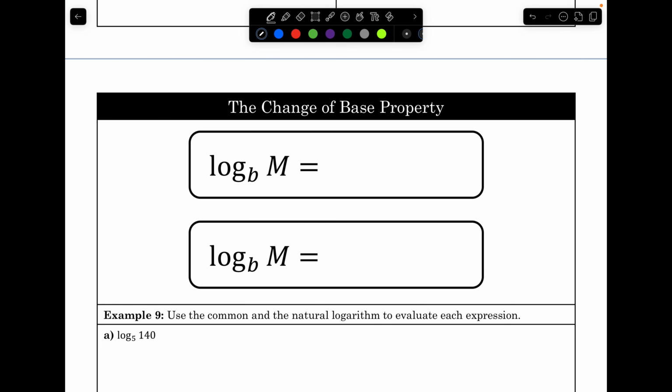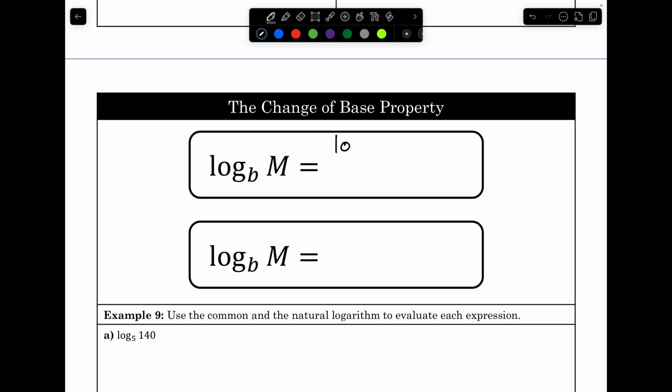So this finally takes us to the last property in this section, which is the change of base property. Now this property is semi-antiquated because back in the 1900s, they had no fancy calculators in order to evaluate these types of logs that were not the common log, base 10, or the natural log, base e. So we had to use calculators that had the common log in order to evaluate log base b of m